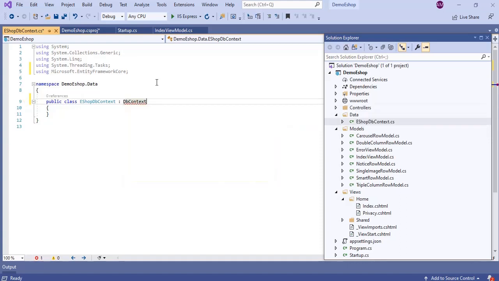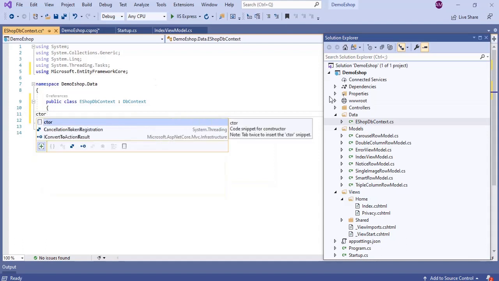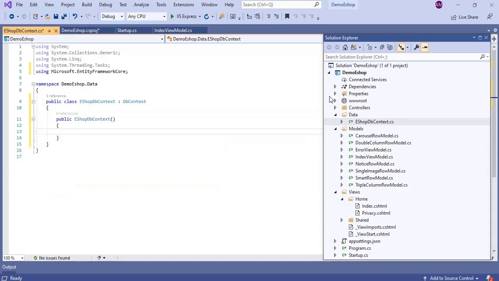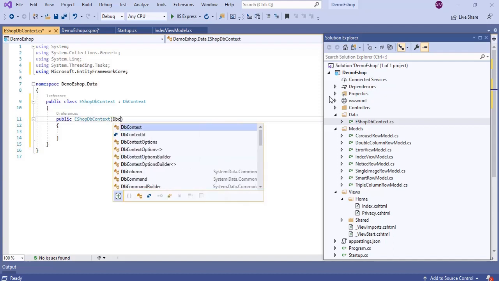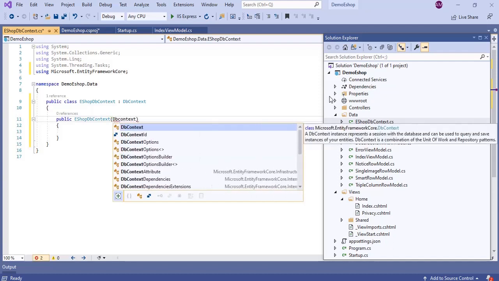Yes, now it's coming, DB context. Create the constructor method. This constructor should pass the DB context options to the base class. So we'll pass DB context options.